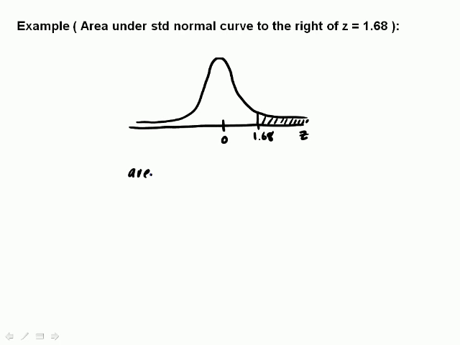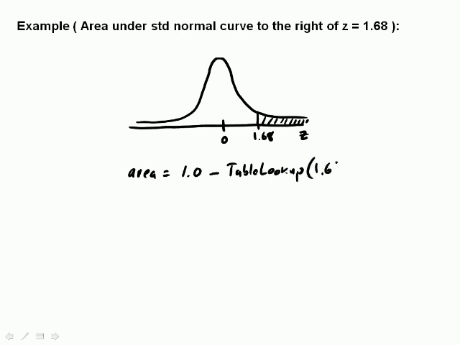The area that we're after, the area of this right-hand tail over here, is the entire area underneath the curve, but then subtract off this left-hand tail here that comes up to 1.68. So if I take the entire area, which is 1, and then subtract off this area that's to the left of 1.68, that should leave me with the area that I want over here to the right. Now I know I can find the area from the left-hand side of the curve up to 1.68 by doing a table lookup. So I'm going to write 1 minus table lookup, and then the z-value we need to use for that